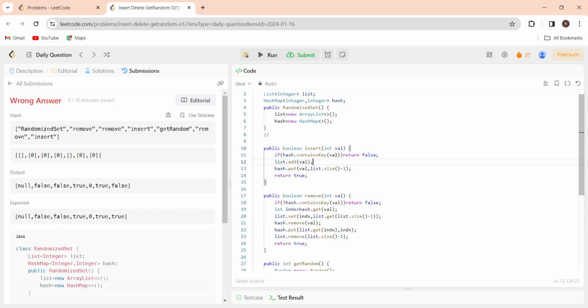list.add(val), and return true. This should return true, right? Why is it returning false here for me? And the get random function, and zero will be removed from here. Okay, after removing zero, what is